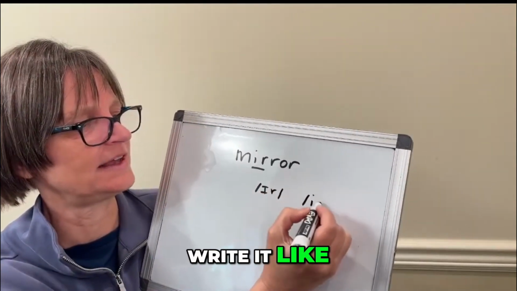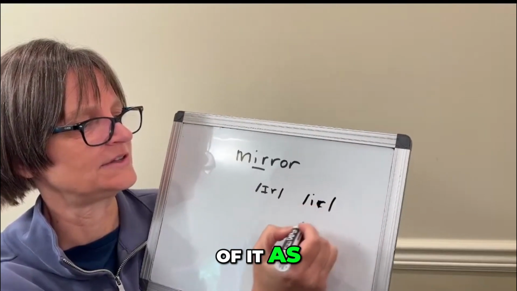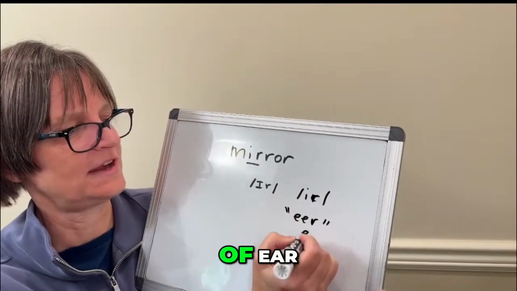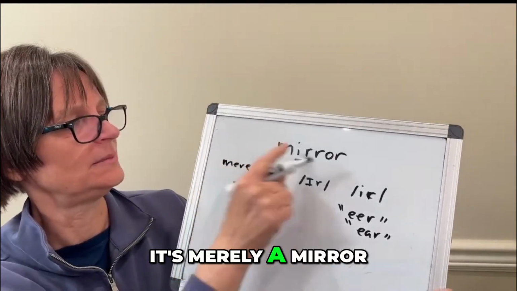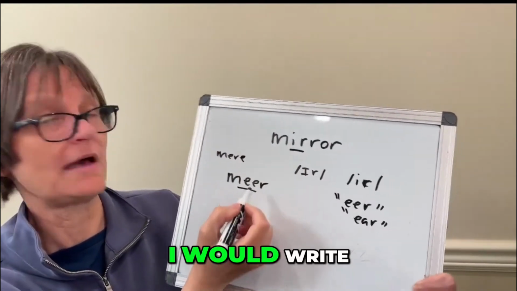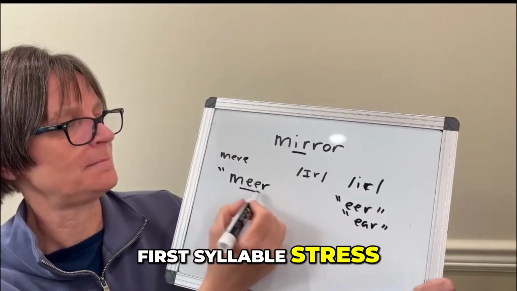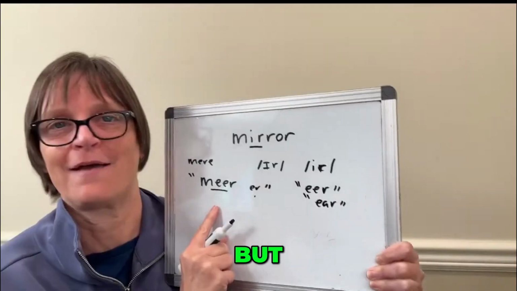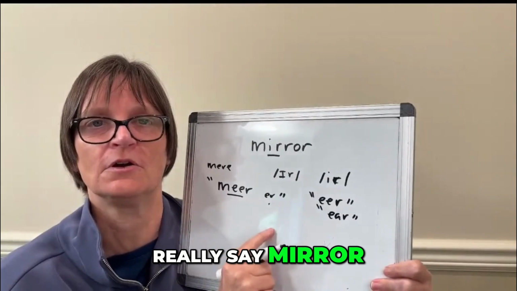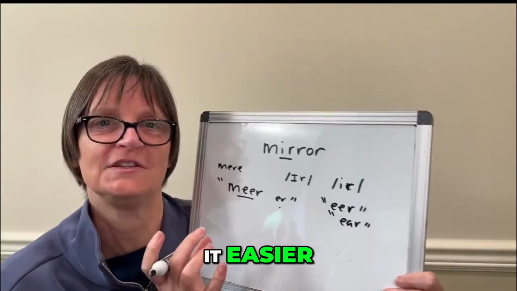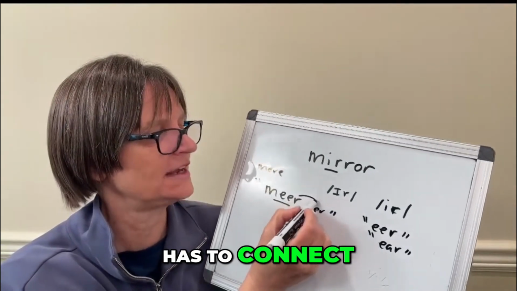I tend to write it like this because I think of it as being like ear, or this kind of ear. So it's the same as in the word mirror, like it's merely a mirror. So I would write it like this, first syllable stress, mirror. But we have consonant to vowel linking here, so I don't really say mirror. I can break it up that way if it makes it easier, but my R has to connect to my